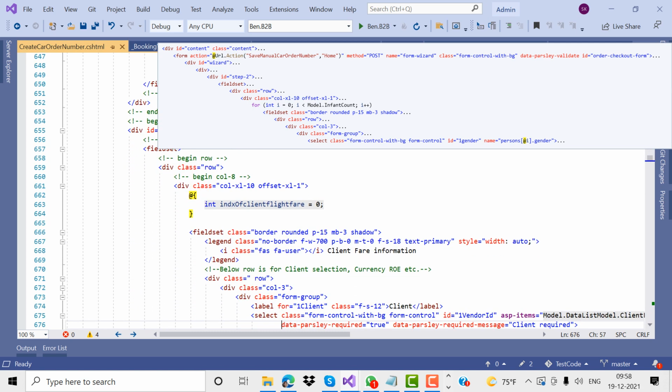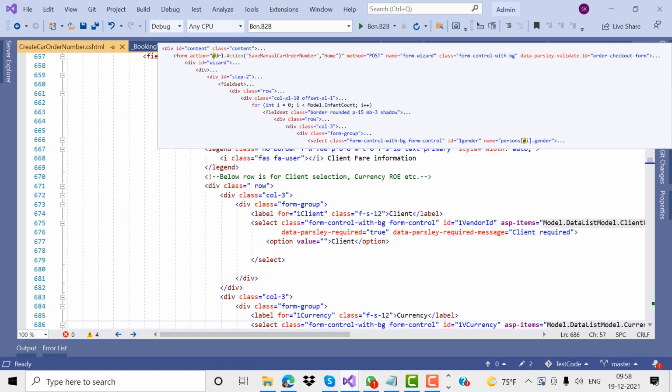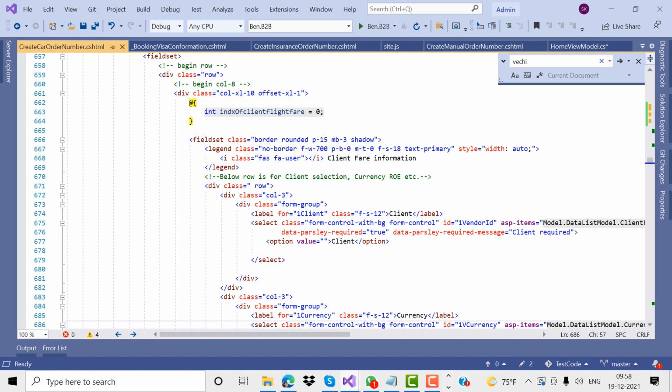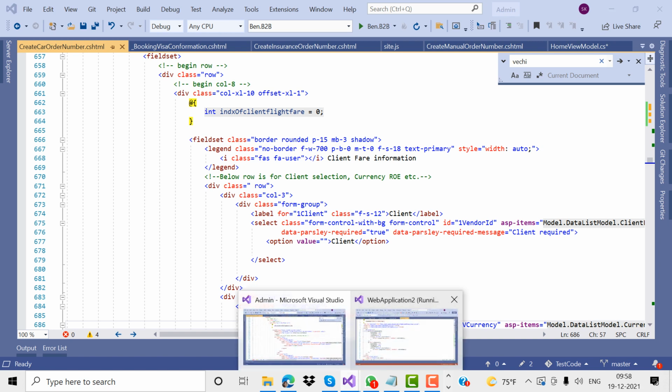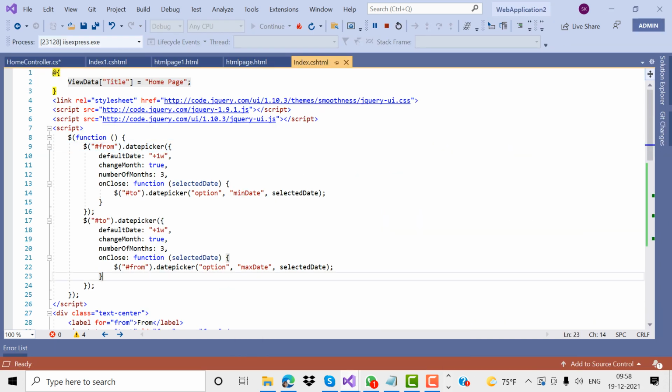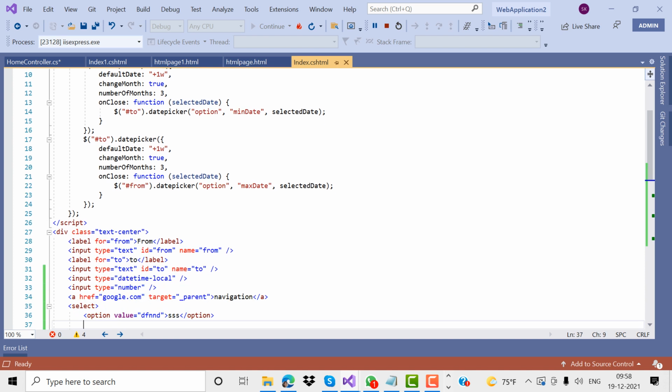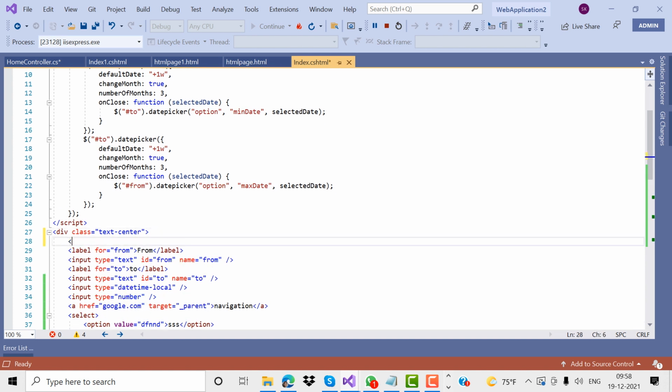This is the way we can call it as controls. And field set controls are there. A field set is nothing but, if we give the field set in our HTML, we just need to give it in our application. Field set.